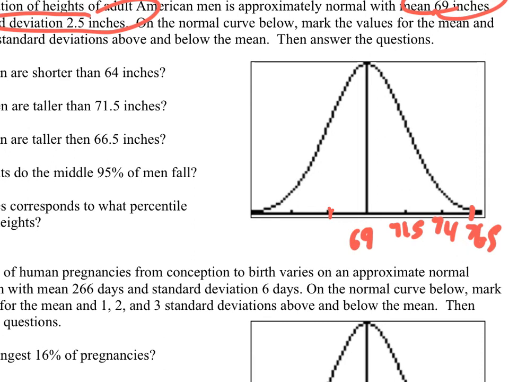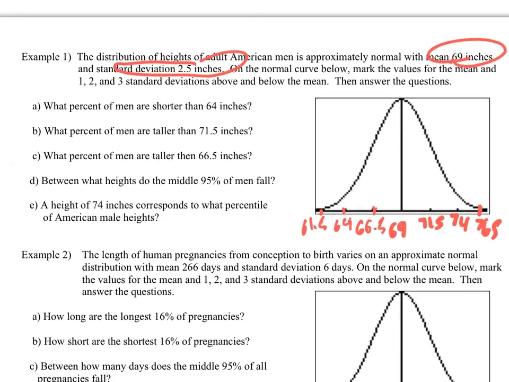All right, 69 minus 2.5. 66.5. Wait, I thought it was 60. 66.5 minus 2.5 is? 64. And 64 minus 2.5, the third one? 61.5. All right, so what we're going to try to do is answer these questions without having to use a